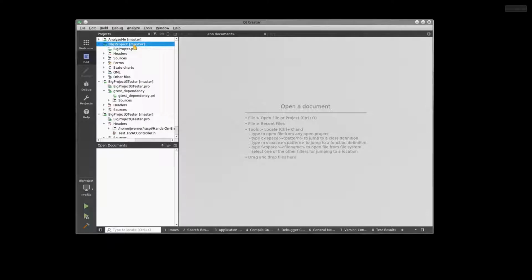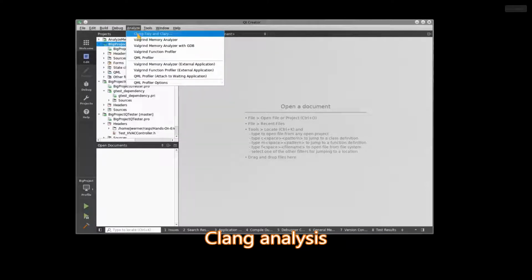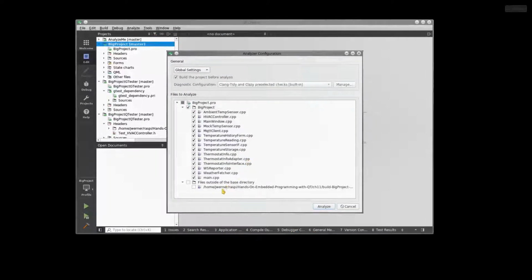Okay, we're going to start out looking at the big project. We want to analyze this, so I've selected the project. Notice it's bold. I'm going to go up here to Analyze, select Clang Tidy and Clazy. I'm going to make sure this is not selected. The file's outside the base directory. There's only one file. It's actually the generated code that's created from our state machine XML. So we only want to analyze these, and we've told it we want to build the project before we analyze. And so I'm going to click Analyze,